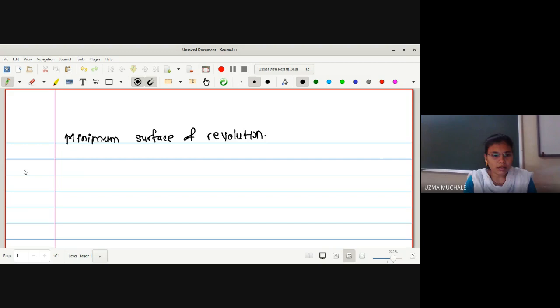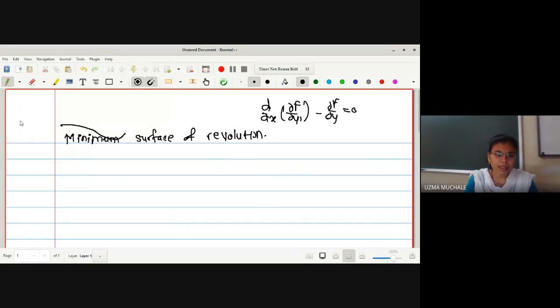so that you should also read this and you have to tell me what is given to us and how you are going to use our Euler-Lagrange's equation. What is our Euler-Lagrange's equation? It is nothing but d by dx of dou f by dou y dash minus dou f by dou y is equal to 0. So how are you going to use the equation as the word minimum is there.